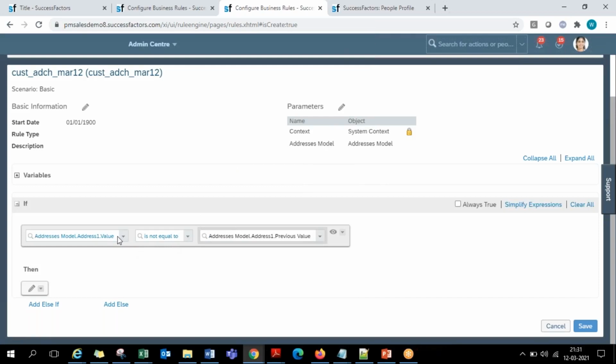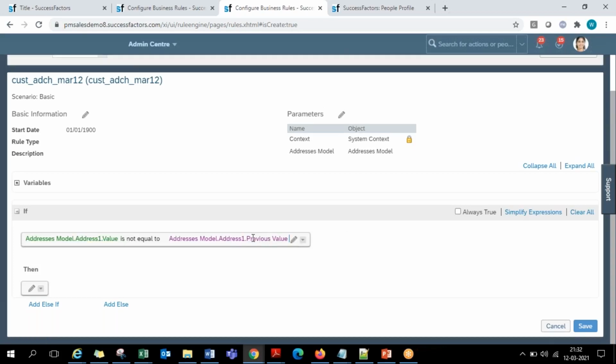So in this address line 1 currently on the screen, whatever it is, if it is not equal to the address line 1 dot previous value. So address model is nothing but the address portlet. In that address line 1 field dot previous value. So if the current value is not equal to the previous value, that is a condition.